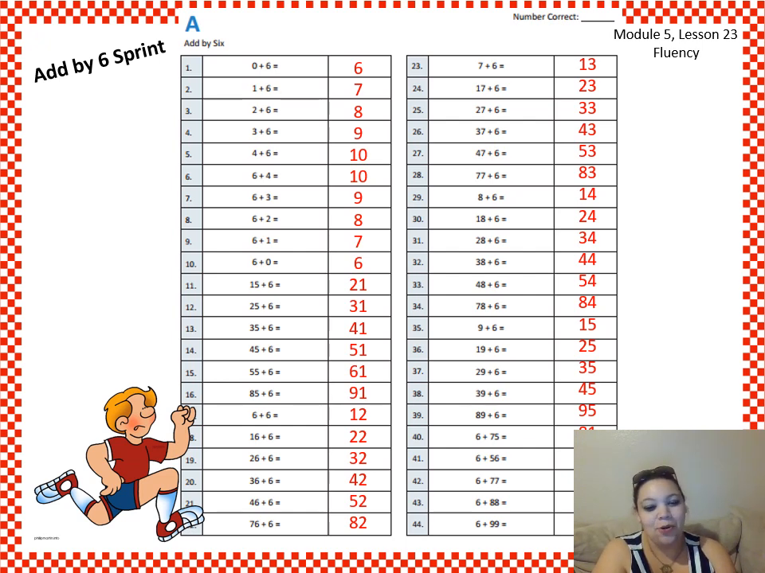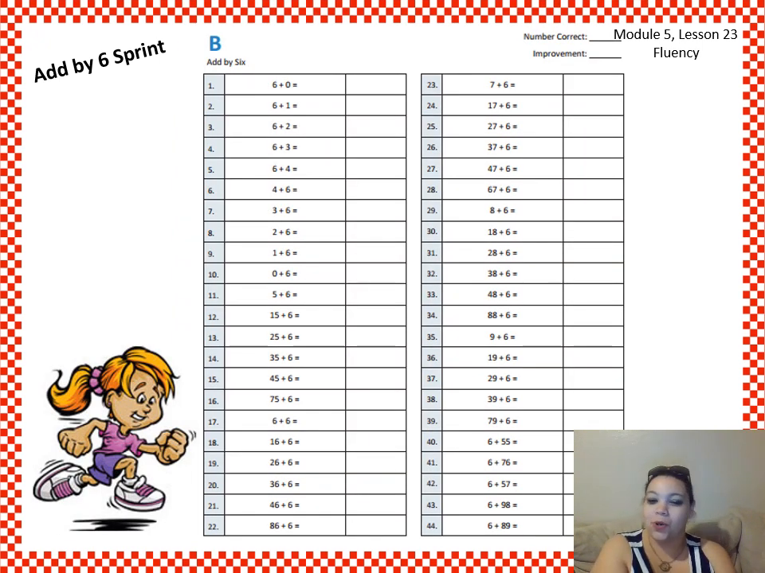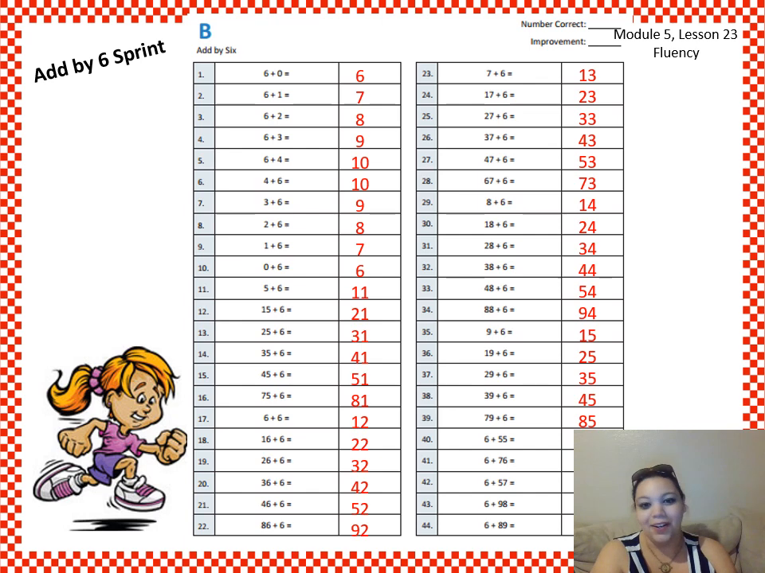And then let's get ready to head over for sprint side B. All right, so just like on the last one, you are going to put me on pause, time yourself for 1 minute, and then we'll go over the answers, okay? Get going. All right, so you should have paused yourself and gotten that sprint side B done, so let's go ahead and check it together, okay? Number 1, 6, 2, 7, 3, 8, 4, 9, 5, 10, 6, 10, 9, 8, 7,